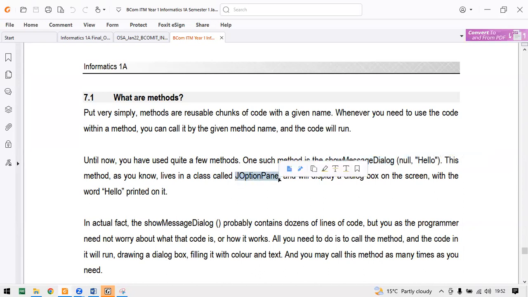So next meeting, we are going to discuss methods, but there's not much about methods. You need to know how to declare a method, the syntax. You can write our own methods to say, I want my method to store this. Whenever I want that, I will simply call the name of the method. Then it will have all the functionalities.